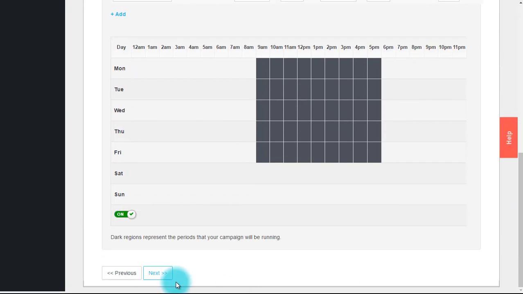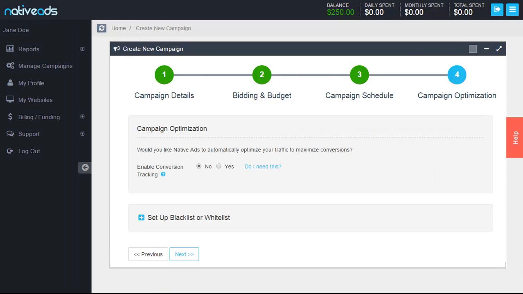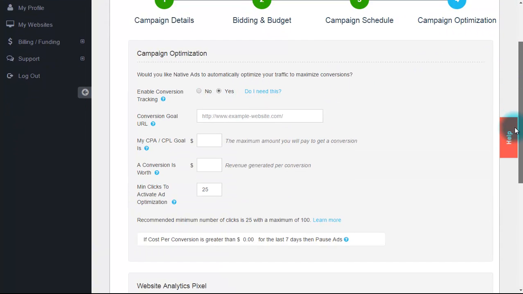Click the Next button to go to the next step, Campaign Optimization. For direct response campaigns, if you would like native ads to track sales, collect emails, track actions, and have underperforming sources of traffic blocked automatically, select Yes. With campaign optimization, native ads will automatically optimize your traffic to maximize your conversions and will help you achieve your